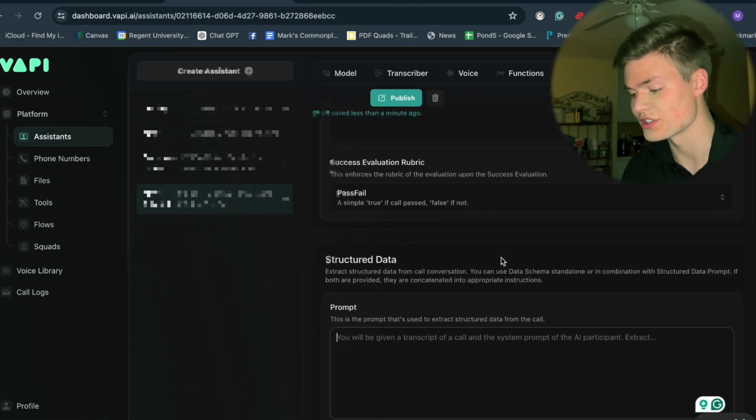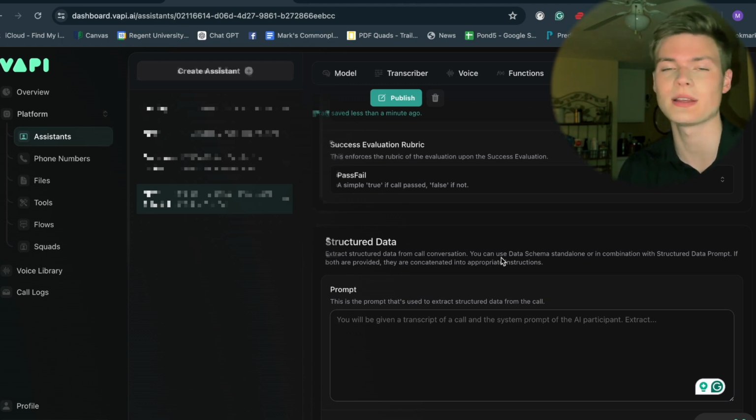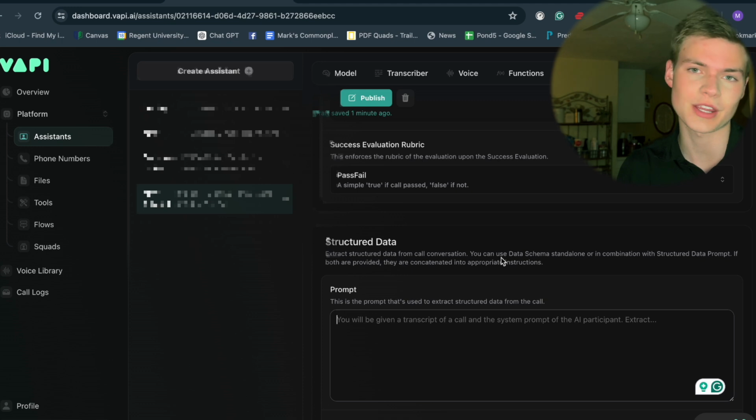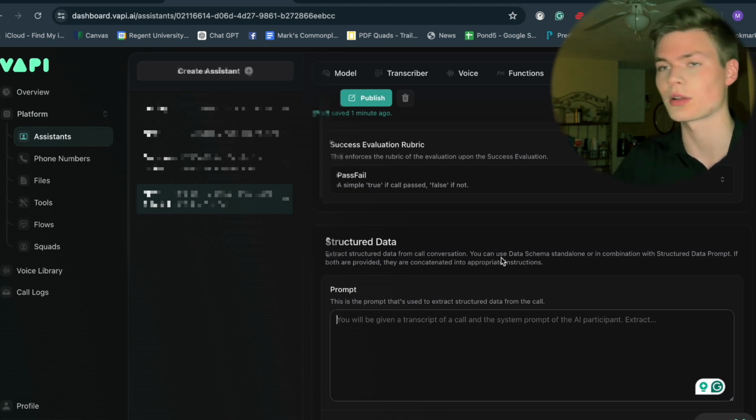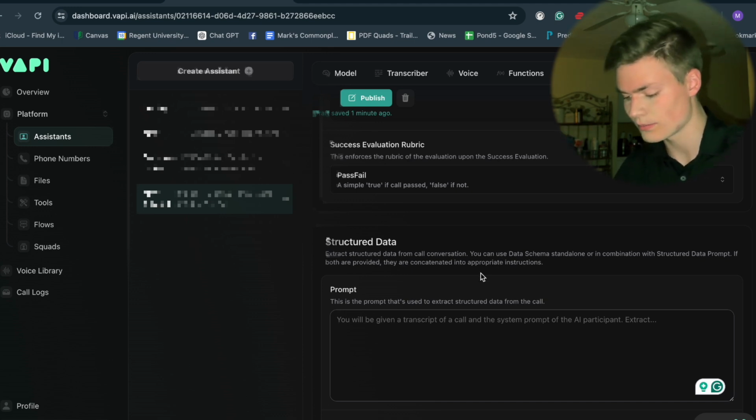So moving on to the structured data, this is something you can use if you want to extract very particular information from the call. So say a lot of callers are calling in and they're being asked to give their information. Very classic use case. "Yes, I live here, I have a problem with my AC, it started happening at 3 p.m., and my name is John Doe." Perfect. Now you could say, please